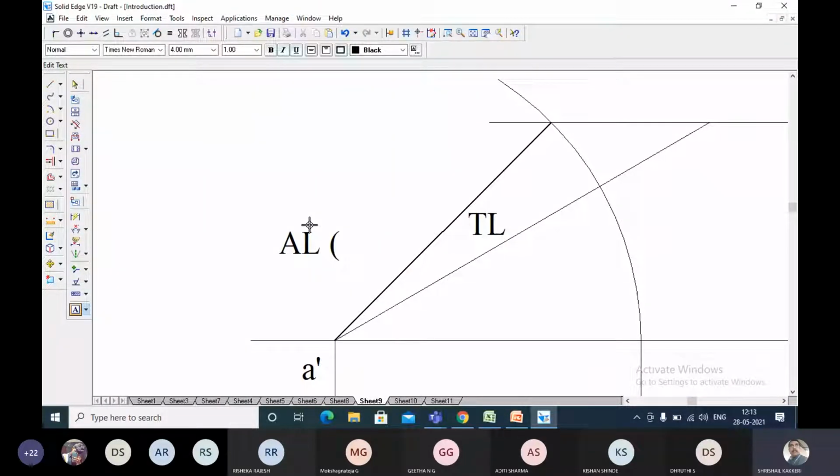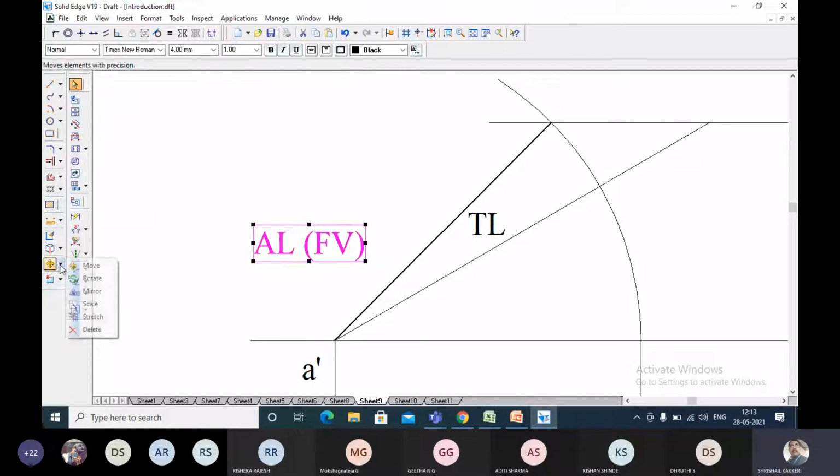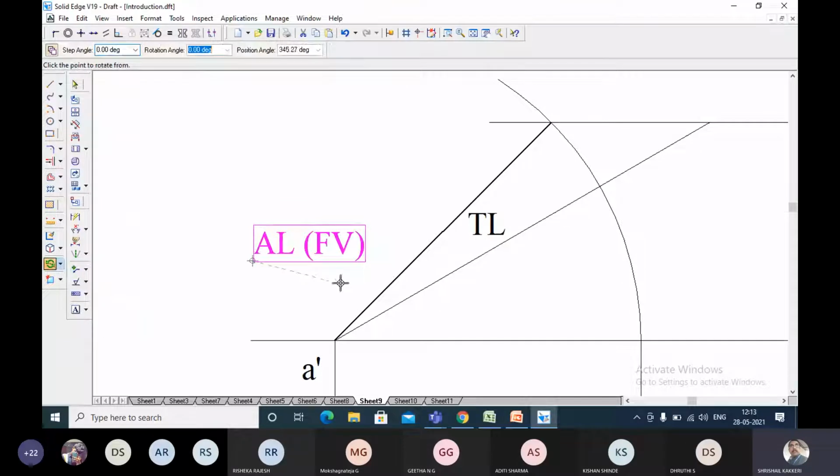Suppose if you want to keep at an angle, I don't prefer you to keep at an angle. It is not required, and you can rotate whatever way you want. Even letters also can be rotated, and you can keep wherever you want. It is left to you.